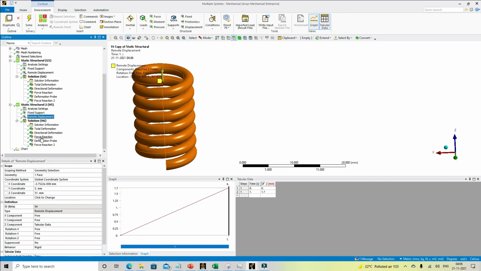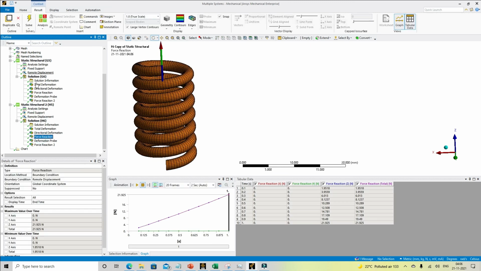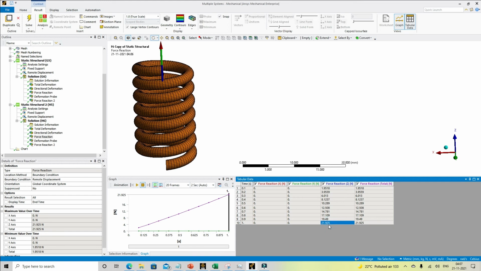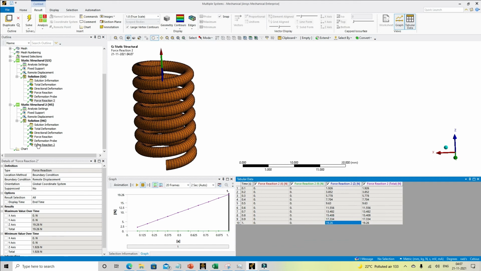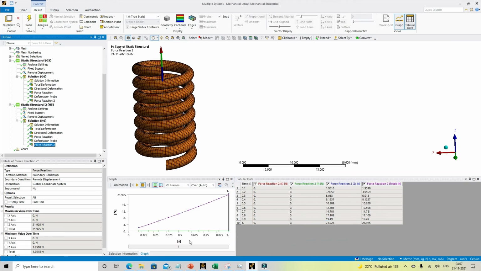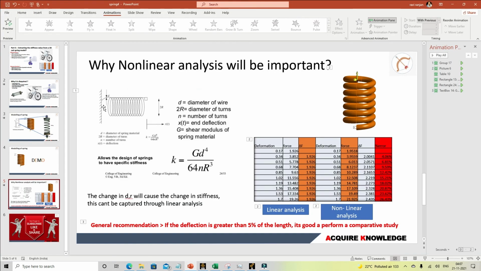If we look at the reaction forces that we are getting for the nonlinear analysis, we can see that the force is 21.925, which is higher than the force that we are getting for the linear analysis. Now, second thing is that I had created the slides just to showcase why nonlinear analysis is important. So based upon that simple run,